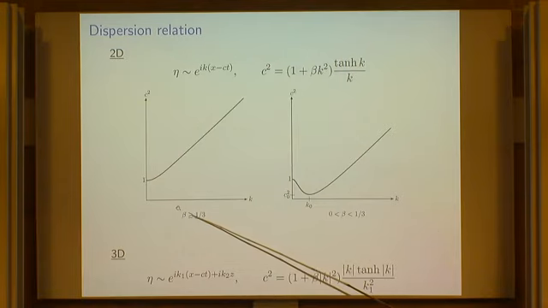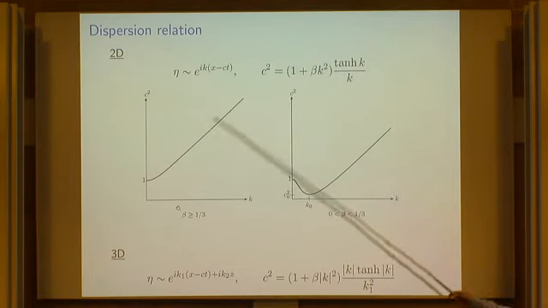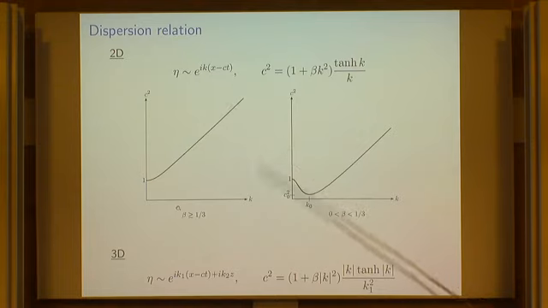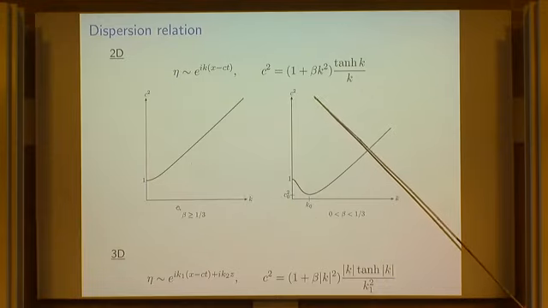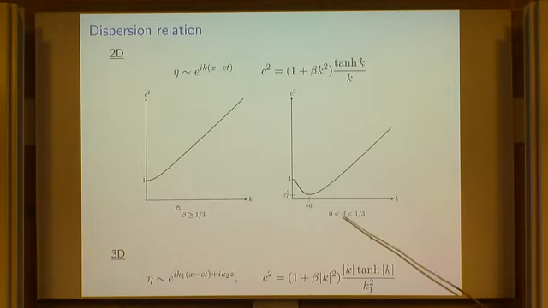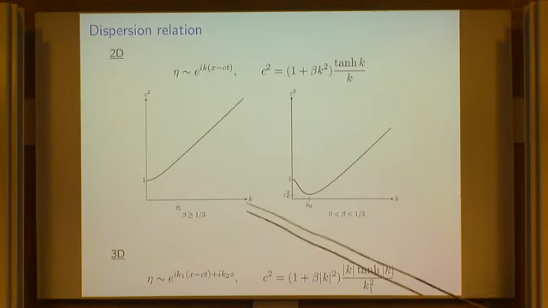Right, so when we have strong surface tension, we just get an increase in the speed as a function of the wave number, and for weak surface tension, we have this global minimum at some positive wave number, which I will refer to as K naught. So basically, in 3D, what happens is that